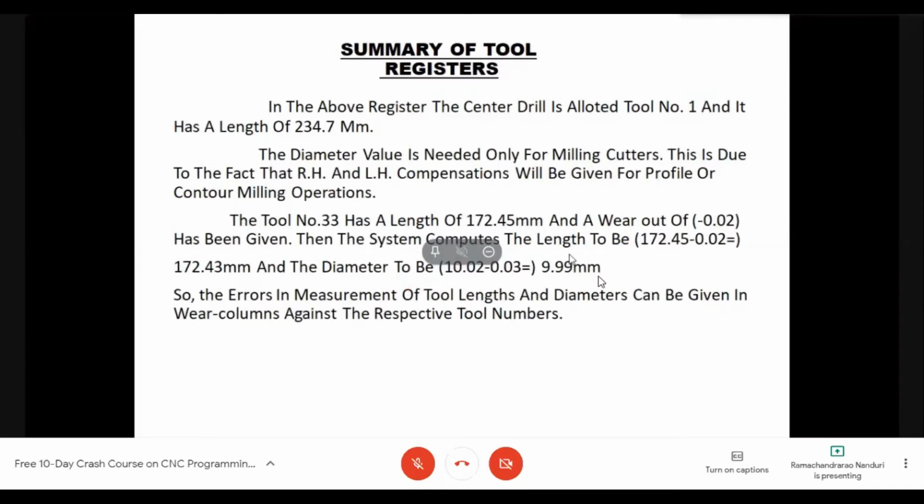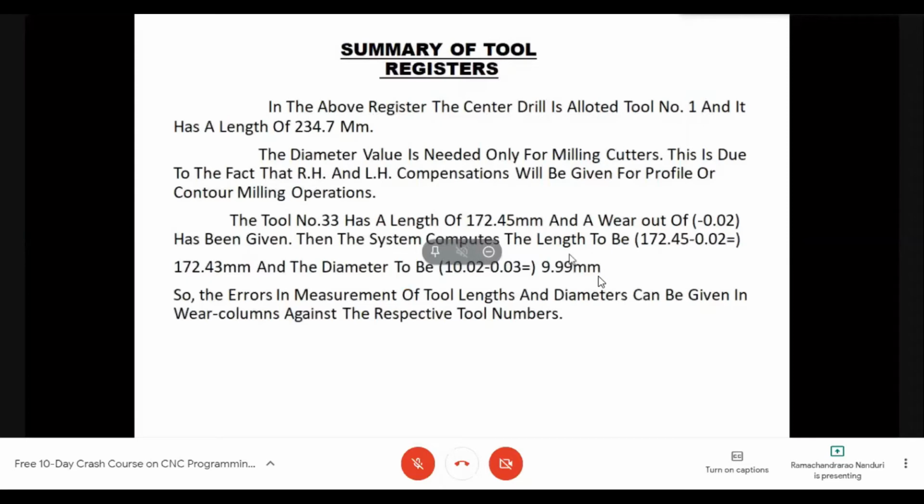So the data has to be given only for milling cutters. Drills, reamers, and boring bars never require cutter compensation. So cutter compensations are given only for milling cutters, and right-hand and left-hand compensations will be given for profile or contour operations only.